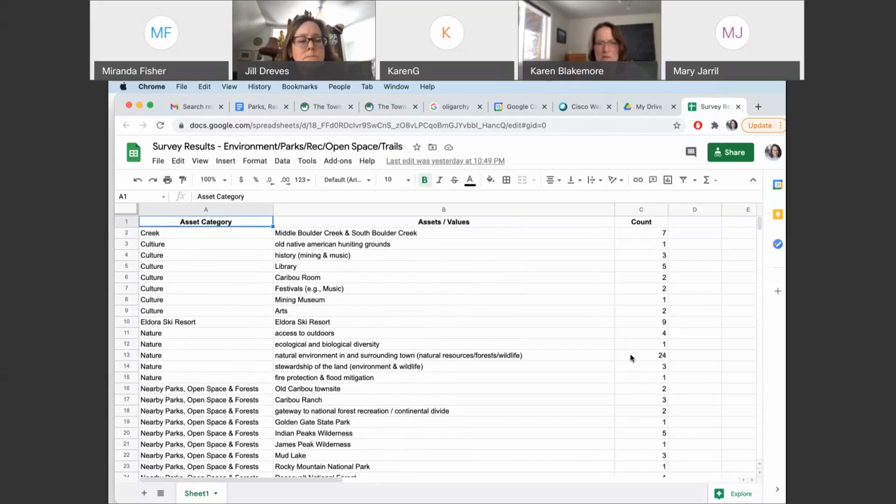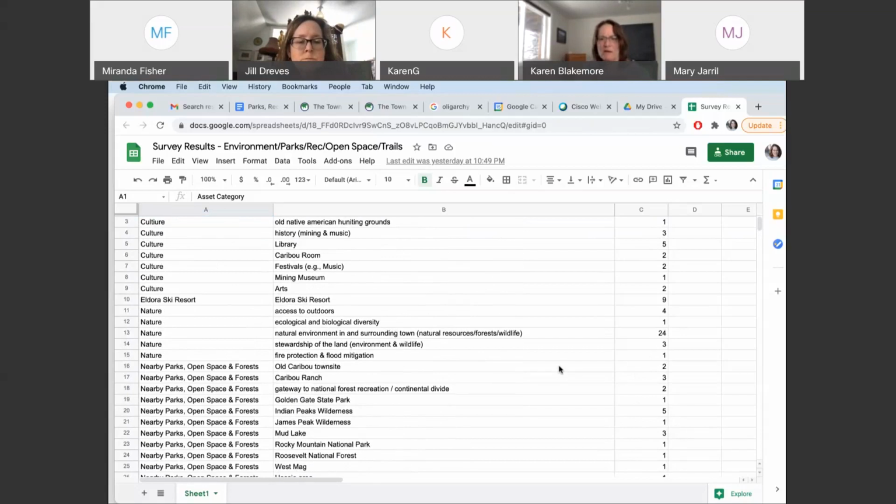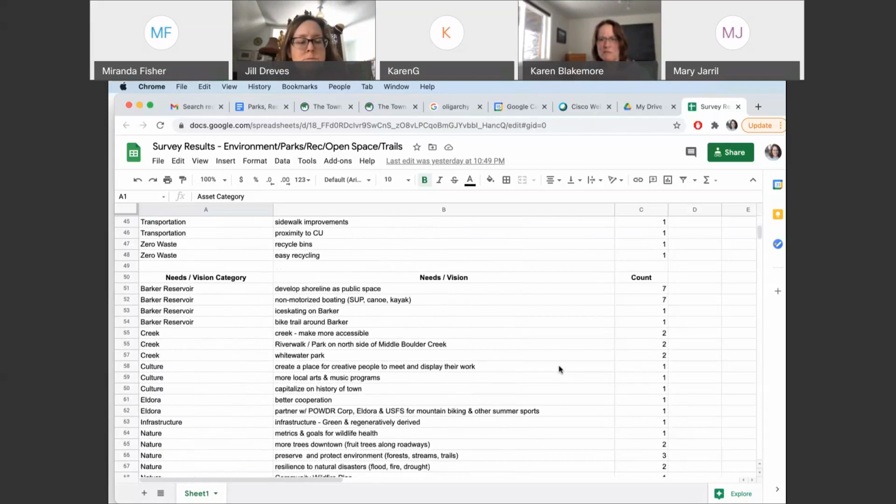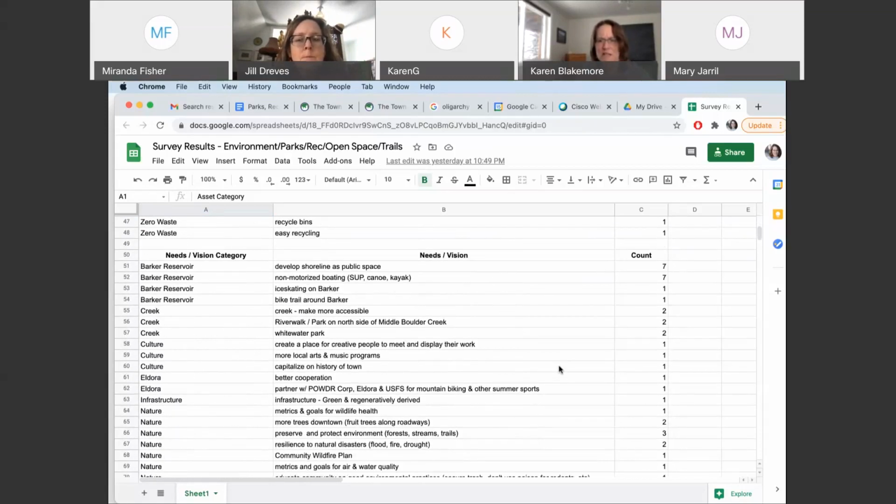So we can see, as May mentioned, the most popular thing is the natural environment. That totally speaks to that overall goal. And then I finished the community ones, and if we look at needs and visions,